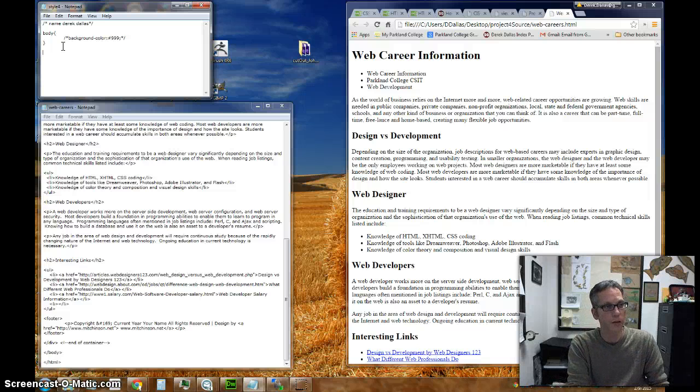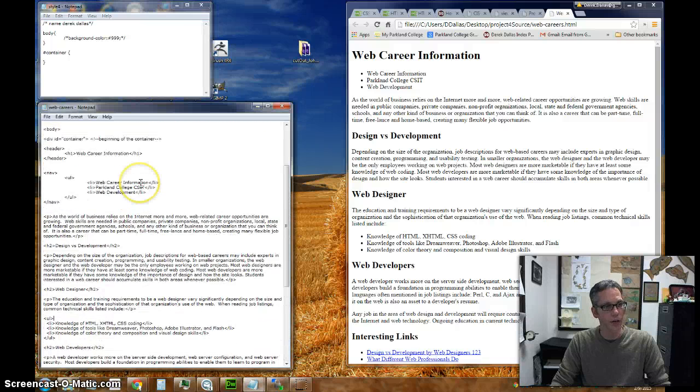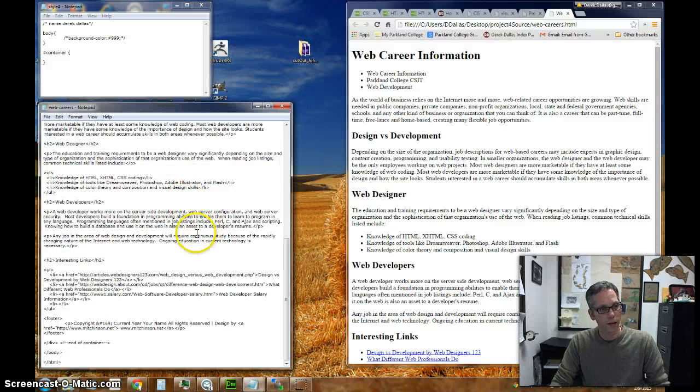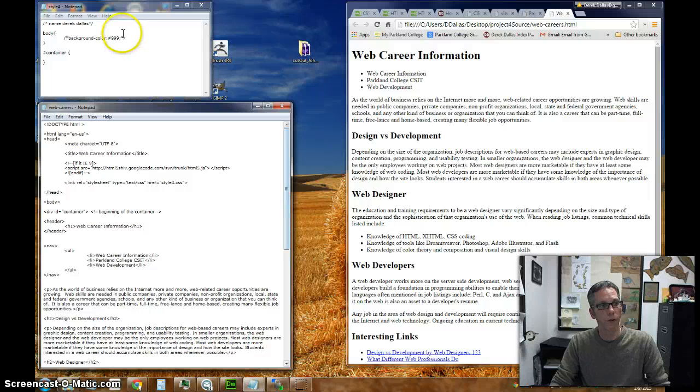So I have to say pound or hashtag container, and I'm using the same ID that I named it here at the beginning. So I have a division ID container, and I'm closing that. And when I have a division, I always mark the beginning, and I'll go down to the end of my containers. Because if I don't do that, I can lose track of those, and that's what makes HTML5